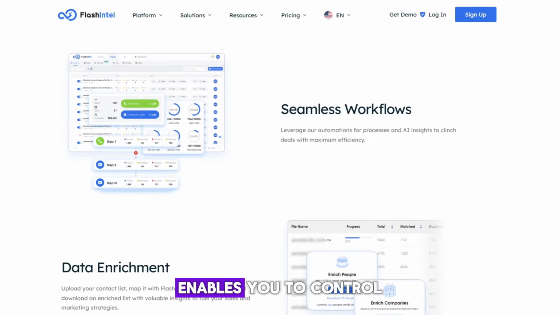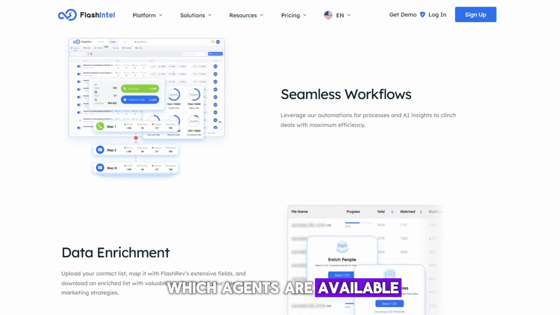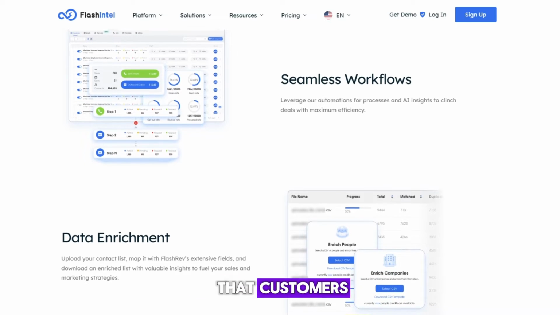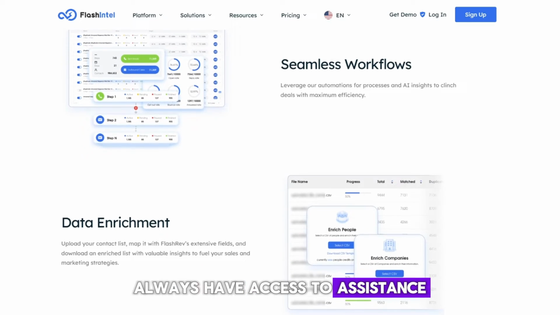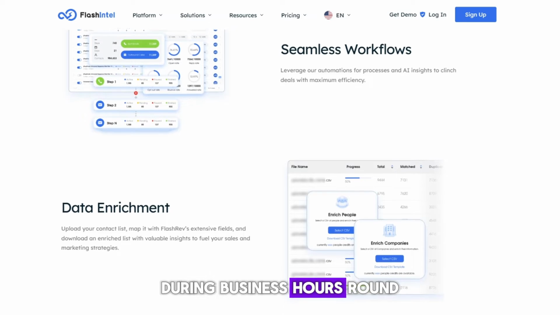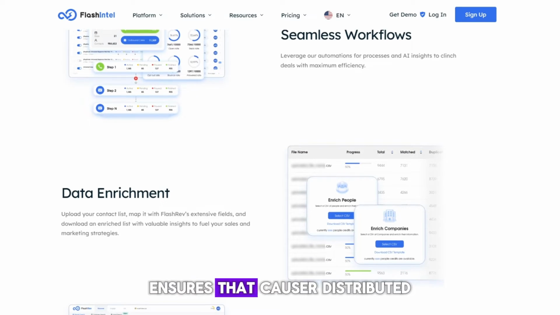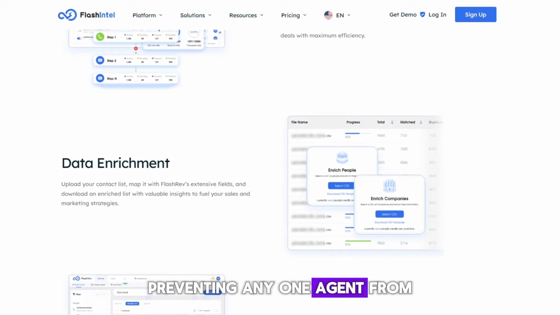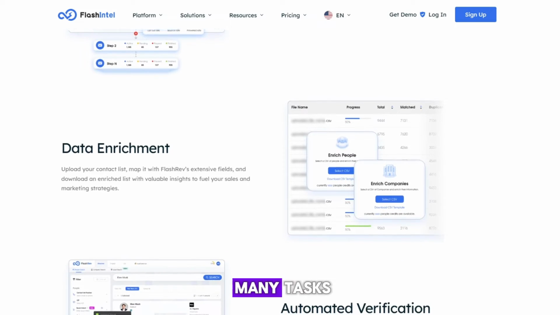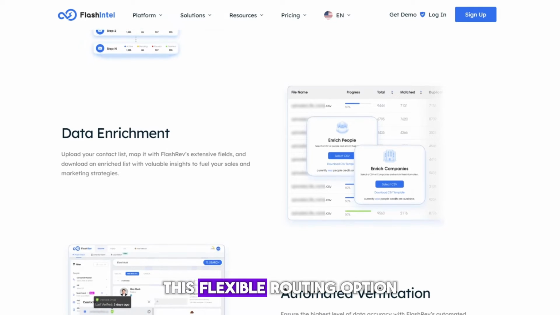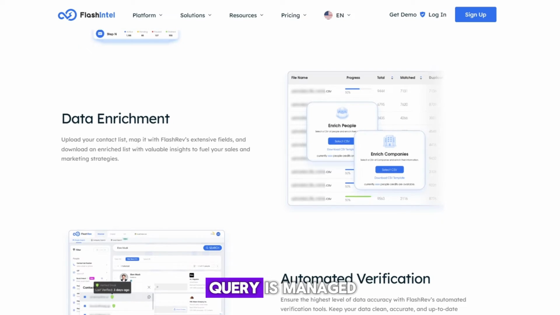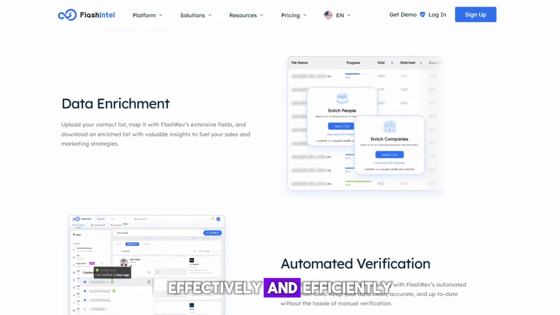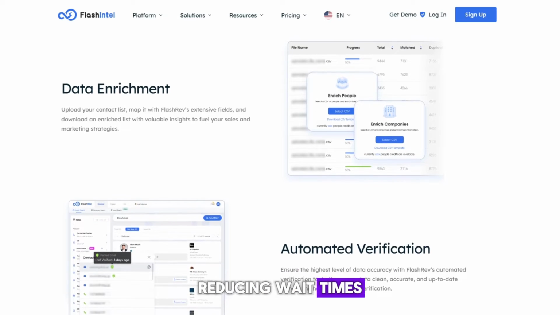Time-of-day routing enables you to control which agents are available at different times, ensuring that customers always have access to assistance during business hours. Round-robin routing ensures that calls are distributed evenly among agents, preventing any one agent from being overloaded with too many tasks. This flexible routing option ensures that every customer query is managed effectively and efficiently, reducing wait times and improving the